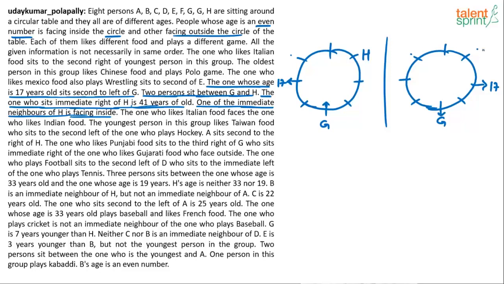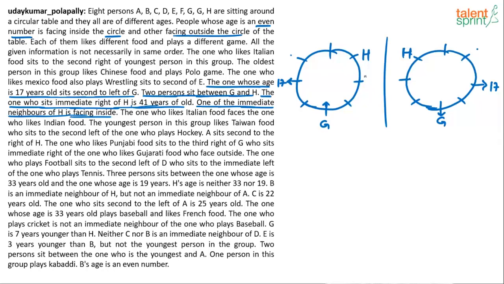Similarly, in this case, if you take H in this position, already one neighbor is 17, the other neighbor is 41. Both of them will be facing outwards. We know that one neighbor of H has to face inwards. So H cannot come here. H has to come here. Again, the challenge would be